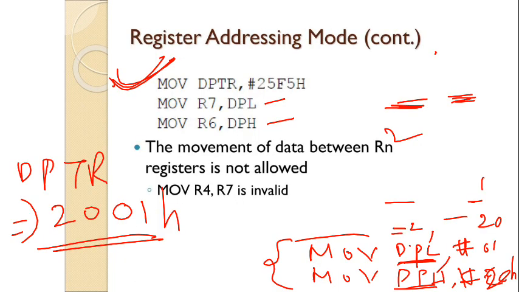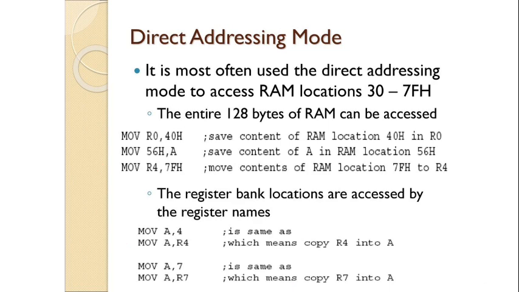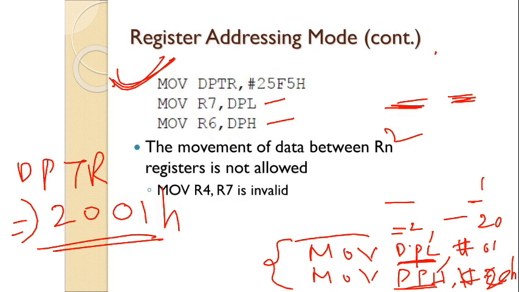In the next class we will see the direct addressing mode and remaining addressing modes. So we will end this class here. So we studied today what are addressing modes, immediate addressing mode, examples of that, register addressing mode, and examples for that, the movements, the mismatch of data and all. We have seen few important points, what to use and what not to use. Okay. So thank you.